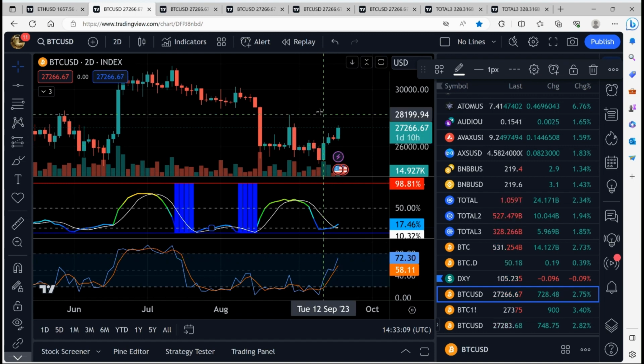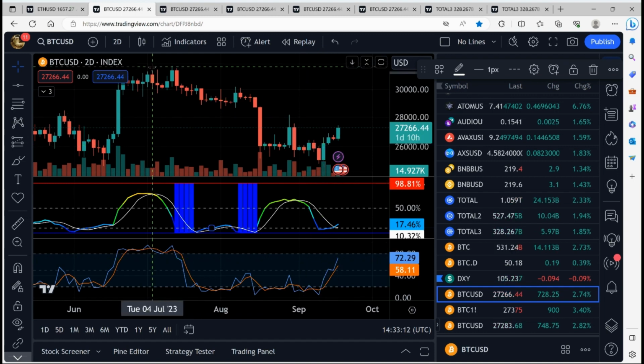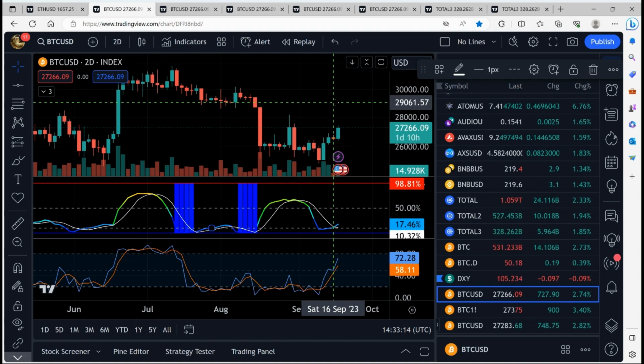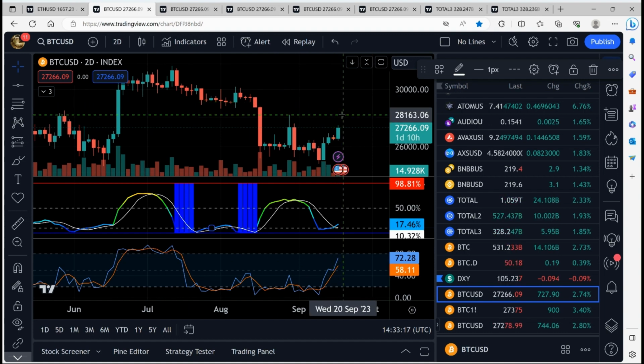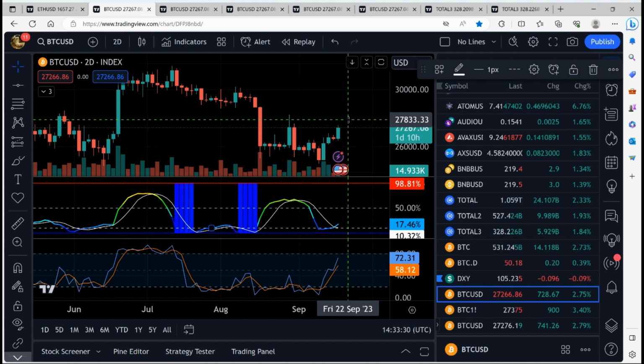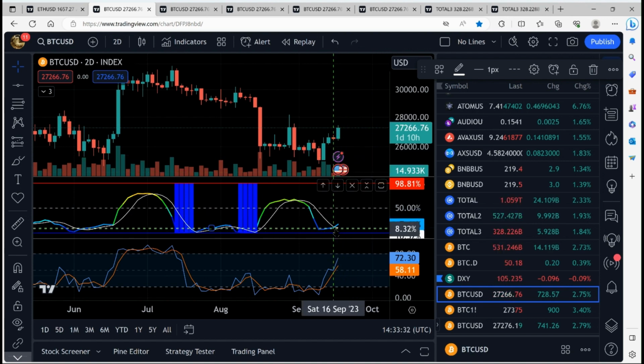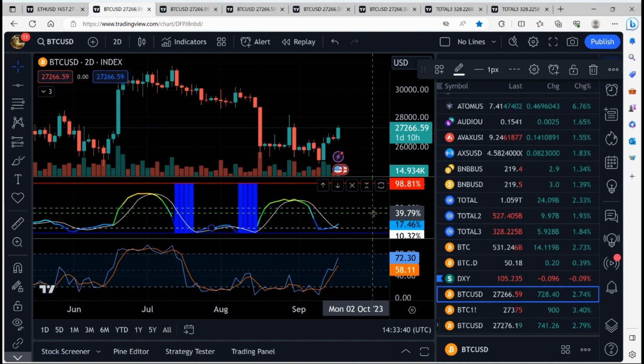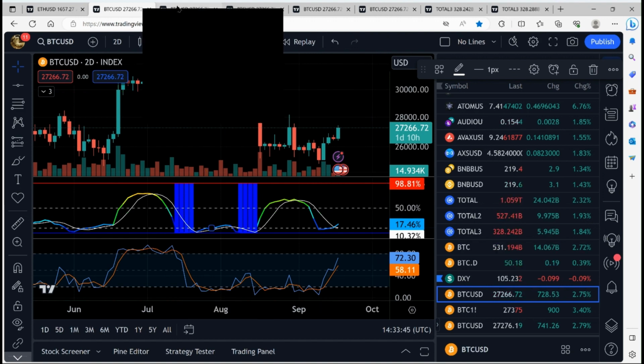We're looking at Bitcoin US dollar index on the 2-day time frame, and I would like to go over the expansion off the various time frames today because we are seeing expansion from low volatility on the 2-day, currently at 17.46%. And yesterday it was down below the 10% line. We've been talking about this for a while. We're finally starting to see the expansion.